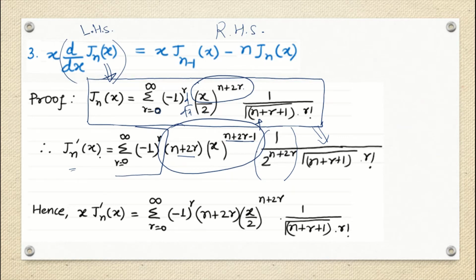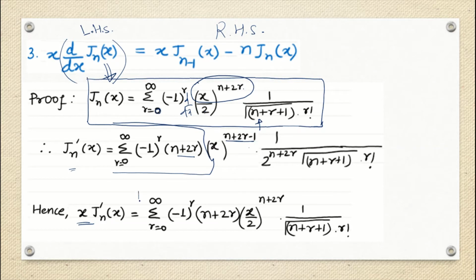Fine. So what we will be doing is multiplying x on the left hand side and the right hand side. If I am multiplying x on the right hand side, only in one place will I see the difference, right? Because everywhere else everything is the same. So this complete part is the same even in my next term, correct? And here what I am doing is multiplying x, right?